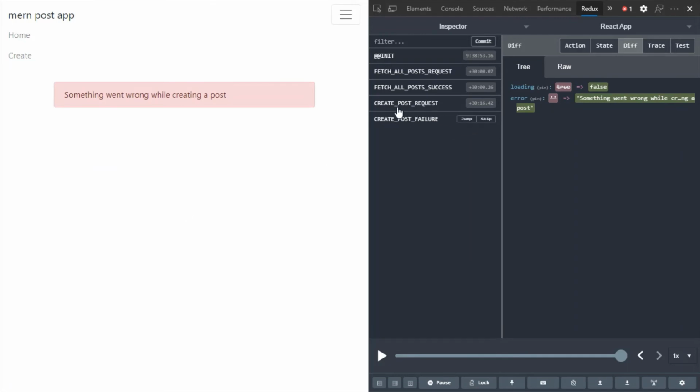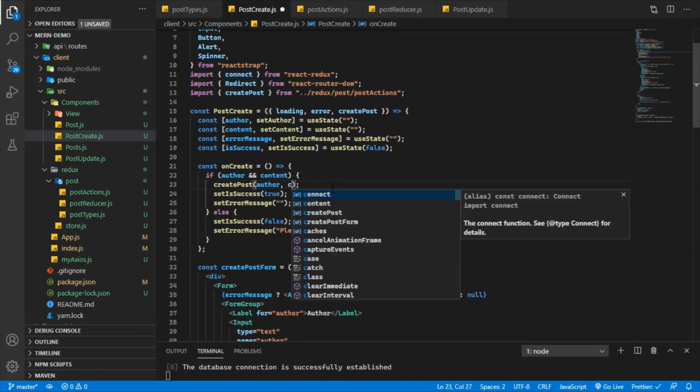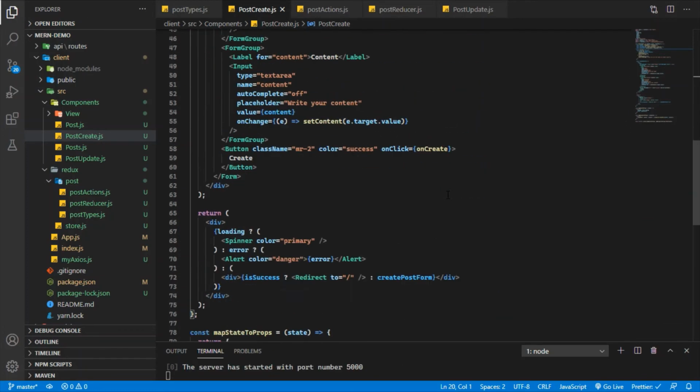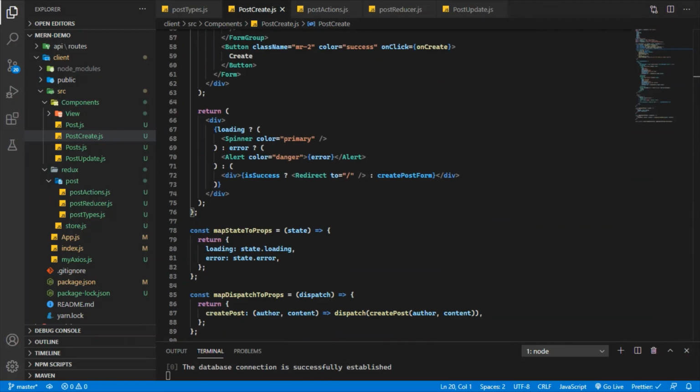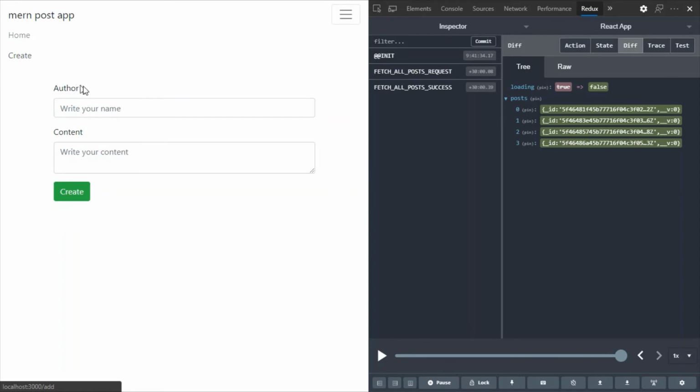So we are still receiving the error. So guys, I have made an error. You guys probably have seen it earlier. Here I have mentioned content connect, sorry. So now I hope it is working. Let's go to our UI. So again we are going to go to the create, and then